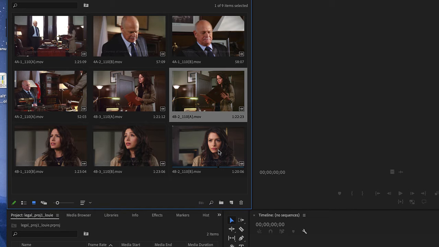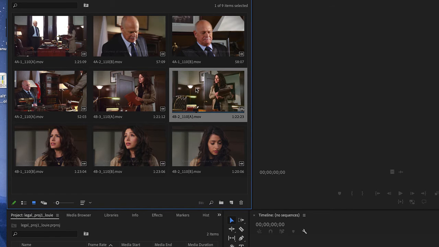Now what's interesting about this is that do they normally shoot with just one camera? Yes, they normally shoot with one camera, but for a television show like this, they decided to bring two cameras in. How would I know that? By the designations. If you notice that on this medium shot of her here, it's